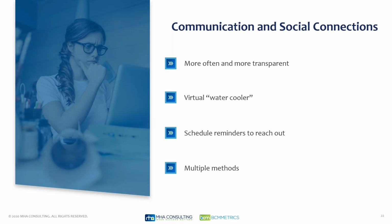One of the things that has been discussed and I've kind of used a little bit is virtual water cooler, right? You have this space that's set up where people can just go in and see who's there and chat, just like they would if they were walking down the hall, to the restroom or to the water, to the break room. You see somebody you haven't talked to. So people can jump in there for 5 minutes during their break and see who's there and chat and catch up,